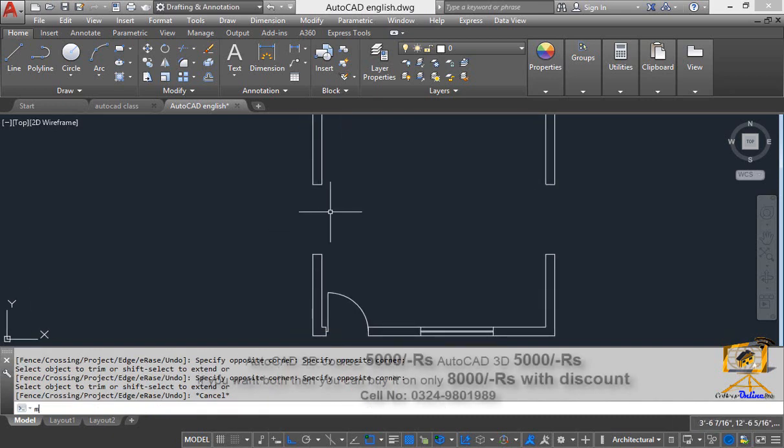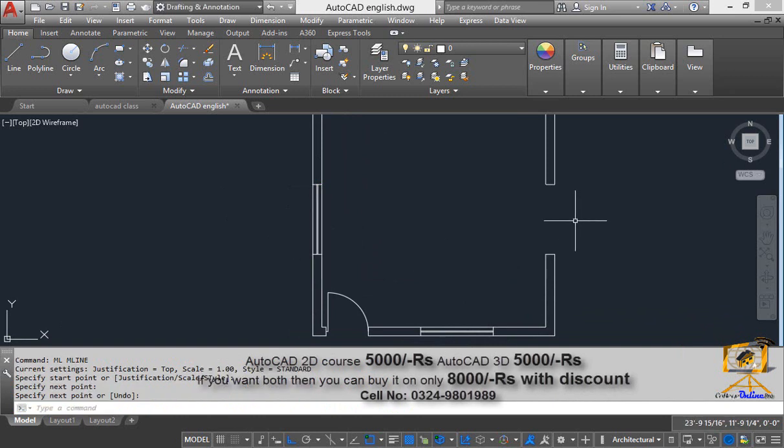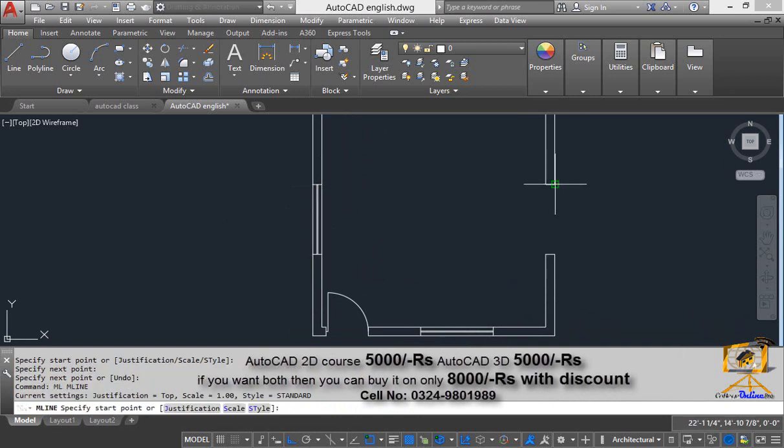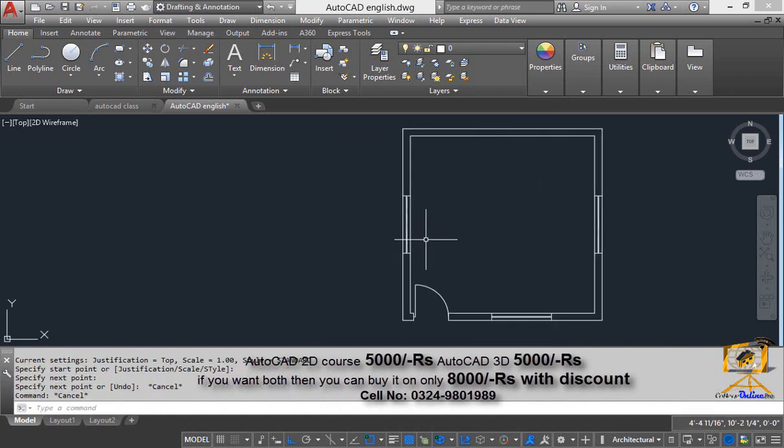After that I will type ML and enter. Click on this point, just click on this point, then press enter, then again ML, enter, click on this point and again click on this point. Now you can clearly see I've created the window opening and also the window symbol very quickly with the help of the multiple